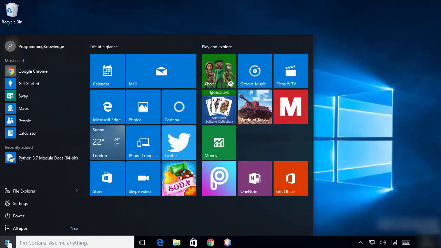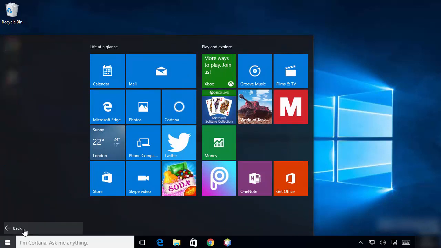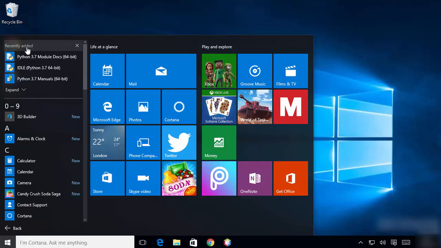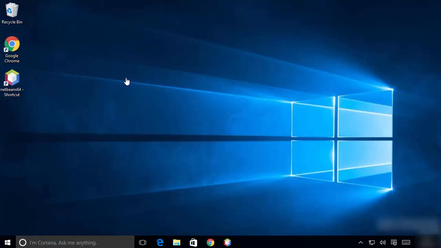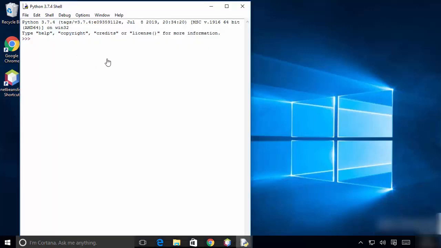So I'm going to just click on this Windows icon here, and then I'm going to just click on all apps, and you will see on the recently added section this Python docs first of all, and then you will see the Python idle IDE which you can use to develop your Python projects. And also you will see this Python 3.7 manual, and you will see this Python command line prompt. Okay, so first of all we are going to open this idle IDE. Just click on idle, which is going to open this idle IDE, and you can see this idle IDE is open.